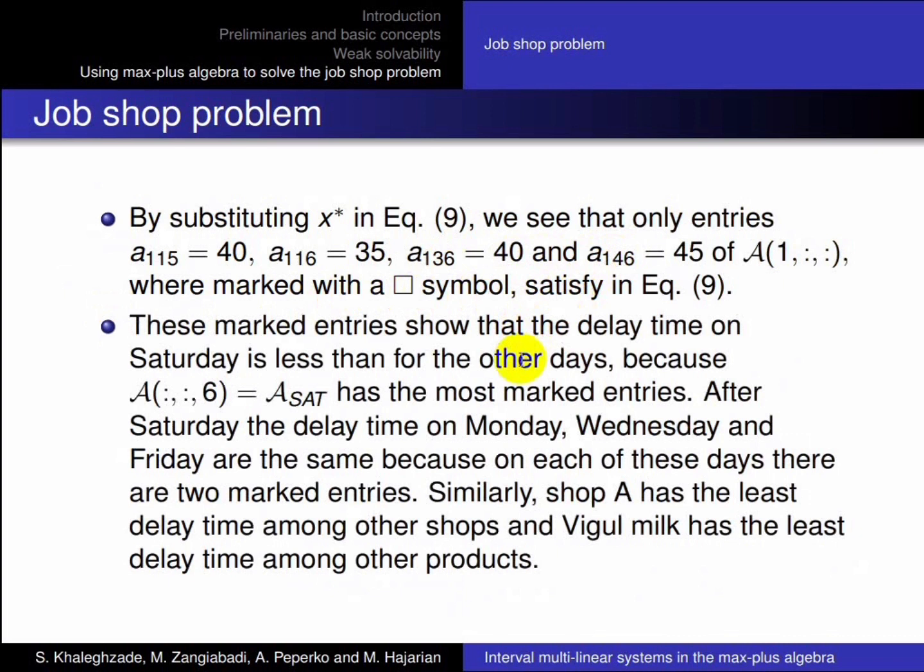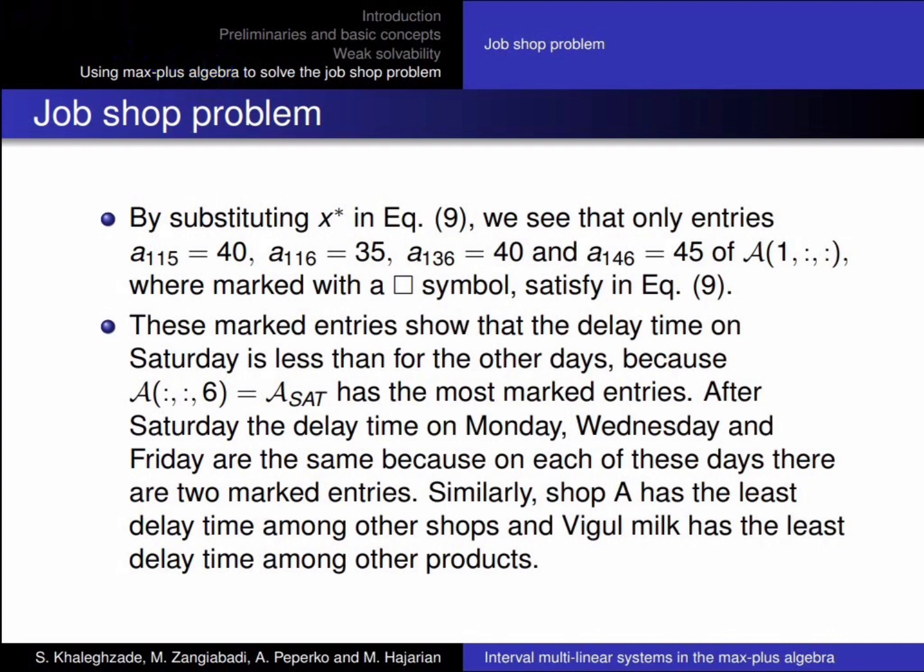These marked entries show that the delay time on Saturday is less than for the other days because A6 has the most marked entries. After Saturday, the delay times on Monday, Wednesday, and Friday are the same because on each of these days there are 2 marked entries. Similarly, shop A has the least delay time among other shops, and Visual Milk has the least delay time